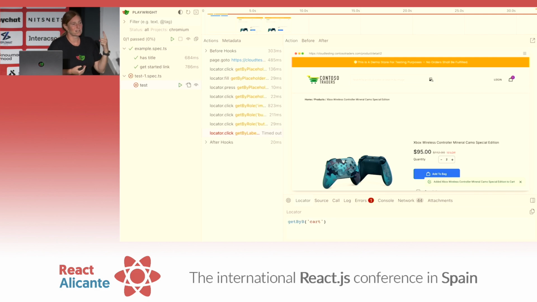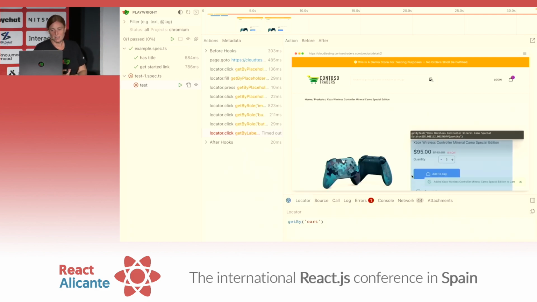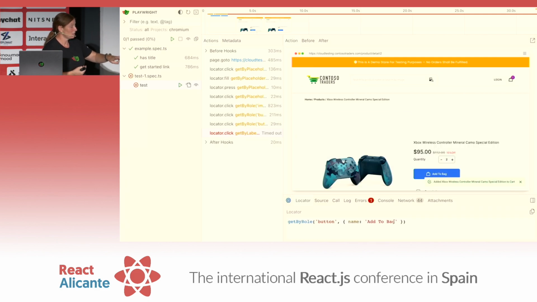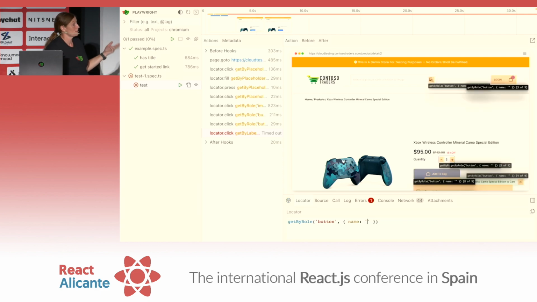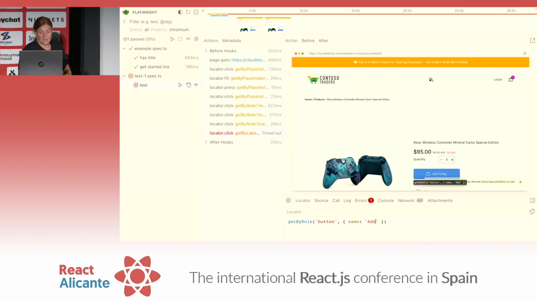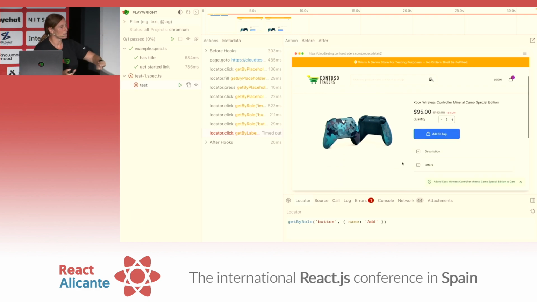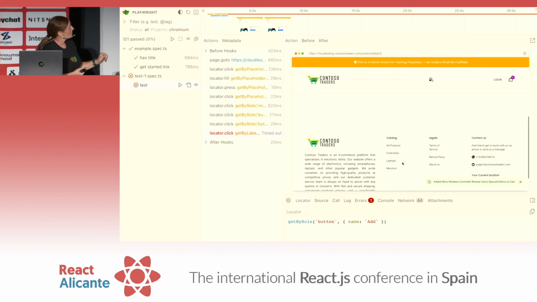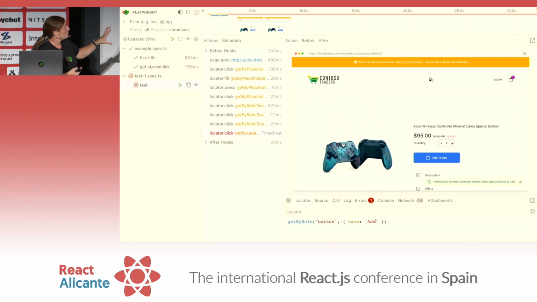Playwright expects everything to be exact, to be only 1. So if you find 2 of something, it will just crash and say, I don't know which one you want me to click. There's 2 here. So you can see like the button add. This would have worked, right? Because Playwright is not strict by default, or it's not exact by default. So by not being exact, it will match anything with add, whether it's add to bag or add to something. So you can put exact true if you want only the word add. So that's why that works, as in just adding add or add to cart.